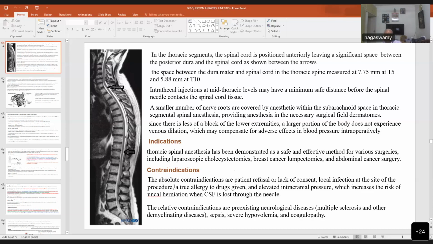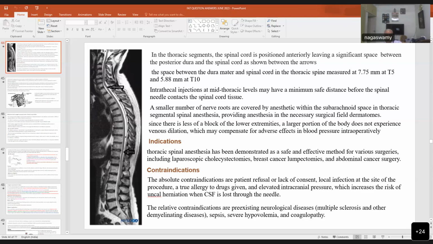The contraindications: the absolute contraindications are patient refusal or lack of consent, local infection, and true allergy. These are common for all procedures wherever you use local anesthesia. Patient first of all should agree, there should be no local infection, and there should be no proven earlier allergy to the local anesthetic drug. And patients who have elevated intracranial pressure,